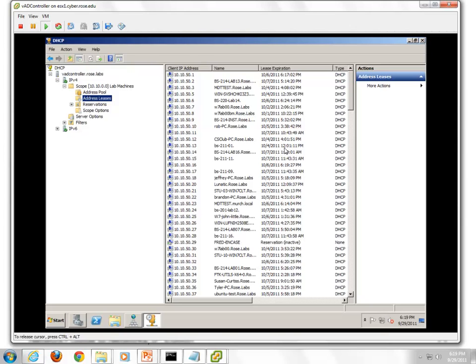Now, what are the ones with the blank names? It could be something that just didn't return the name. It could be a special type of host. DHCP is more of a broadcast thing. Sometimes it just doesn't return anything. It could be someone's laptop plugged in that doesn't have a name configured. Could be a machine with a firewall on it. It could be all kinds of different things.